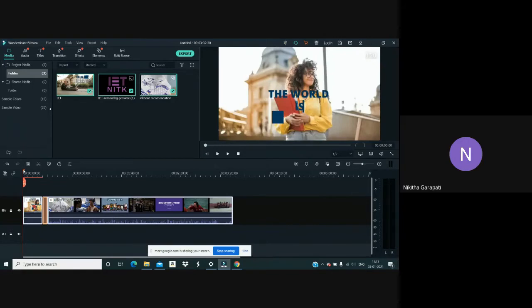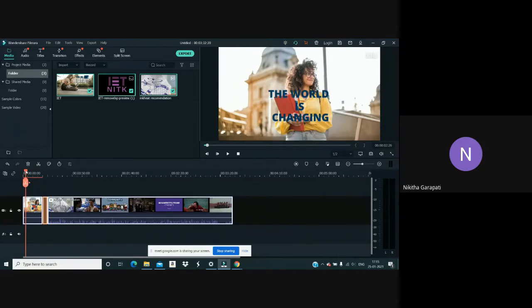So the next thing that I'll be telling you all is how to use the split button. You know the functions of undo, redo, and delete. So I'll be talking about this. Most of you might be familiar, but I'll try to explain it again. The use of this button is whenever you want to trim or crop a particular section from the video, then you can do it using this.